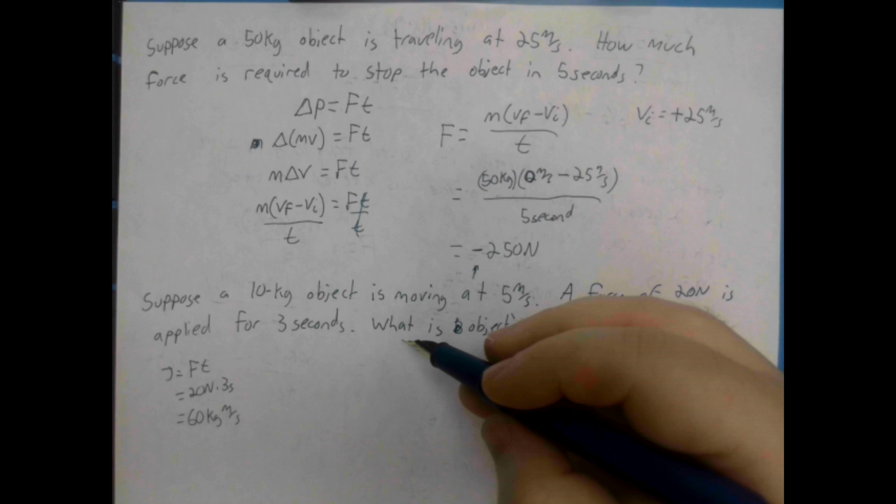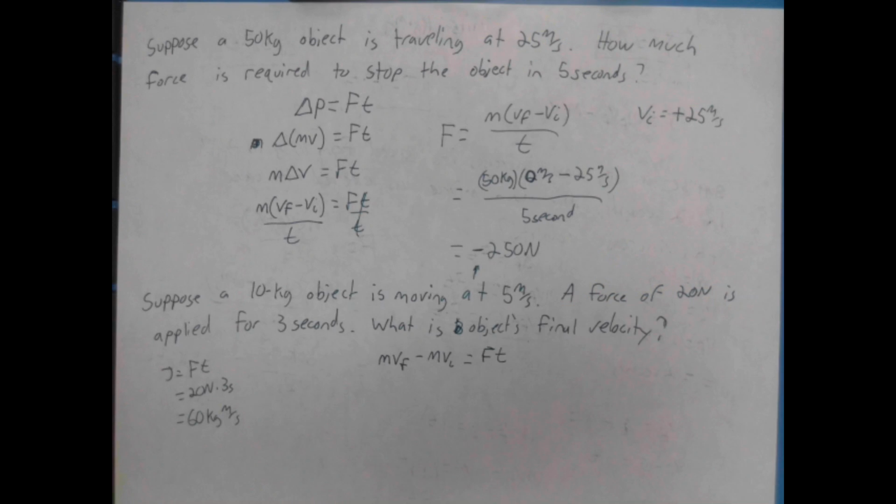Since the mass is 10 kilograms for both final and initial velocity, I don't put the subscript because it's the same mass. That's equal to force times time. And we're solving for final velocity, so we move this over to this side. Mass times final velocity is equal to,